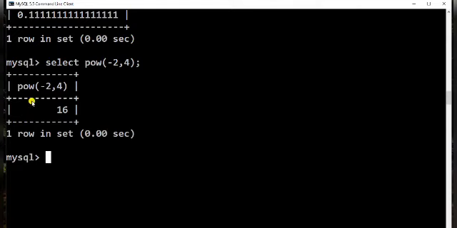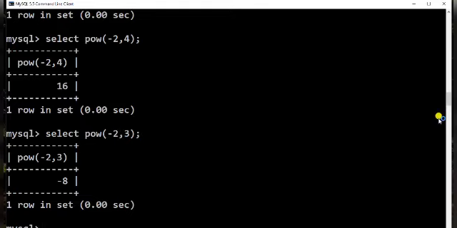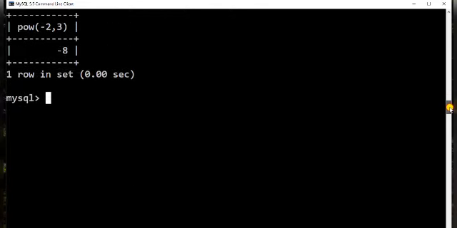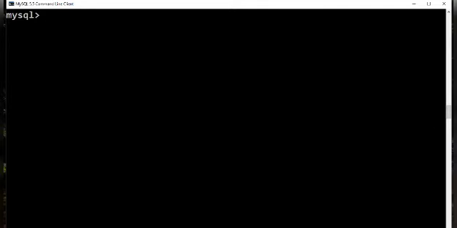So it is positive: 2 to the 4, 2 into 2 into 2 into 2, 16. Now let us see if it is 3. So minus 8 is the answer. I hope our power function is clear to you.